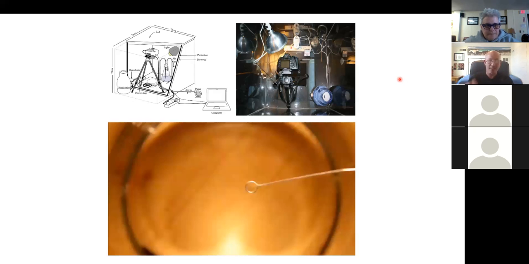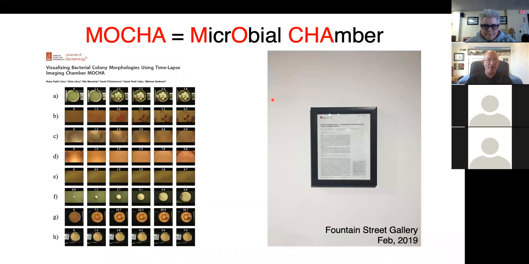And it went into a scientific journal. And when we were invited to Fountain Street Gallery for an exhibition, I decided, here's the article that came out, I decided to frame this scientific article and put it up in the gallery as a work of art. So this was a very important moment for me, where a scientific publication was in an artistic gallery as a